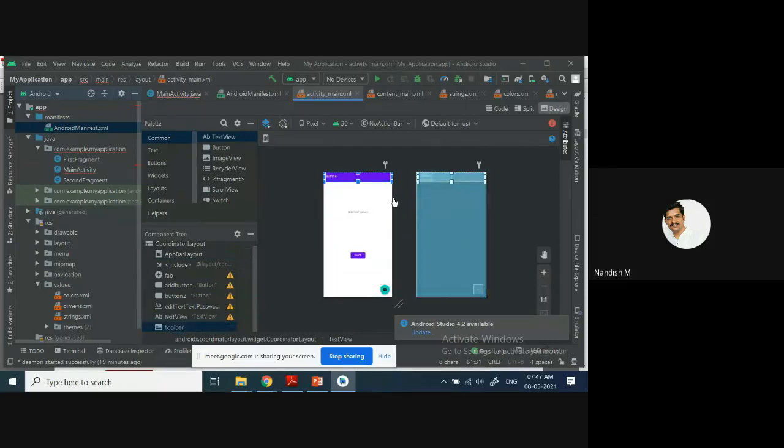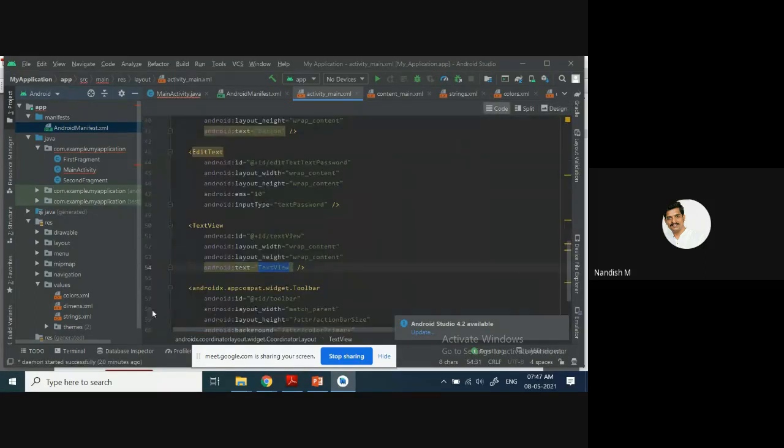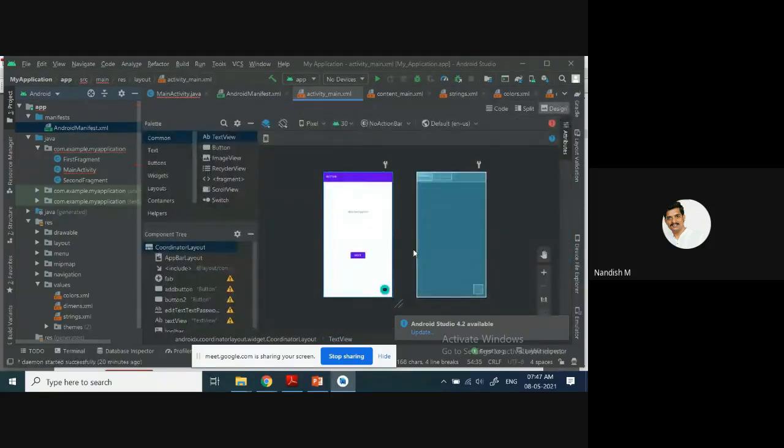See, if you look from here, it doesn't look so, but if you go to the code you can see the text view, edit text. But from the design mode, if you go and see, it is not visible. That is why, if you run the same program directly, you connect the mobile and the devices will be